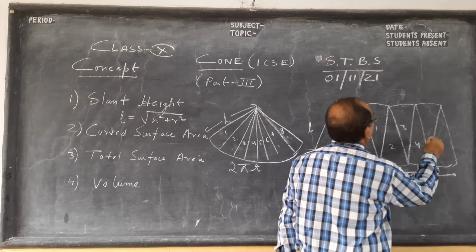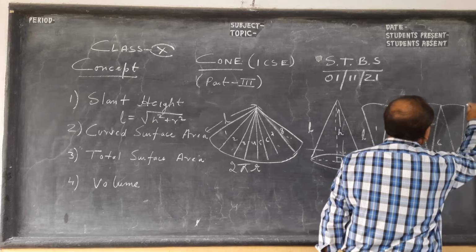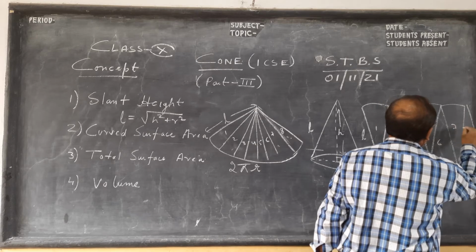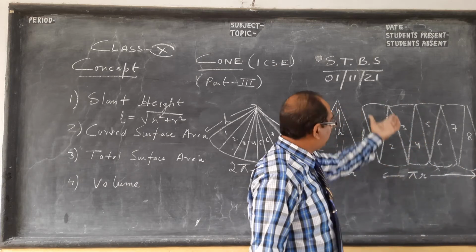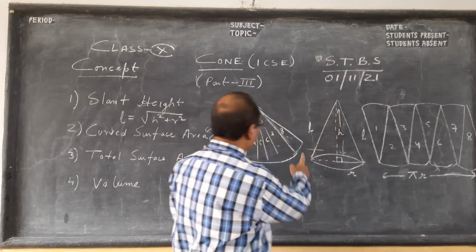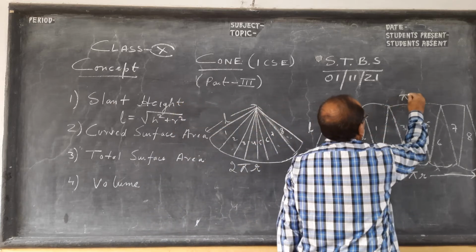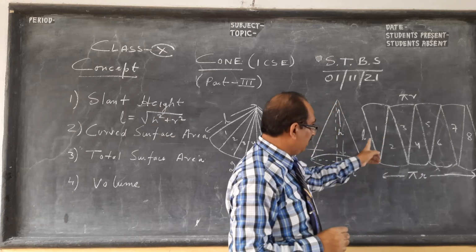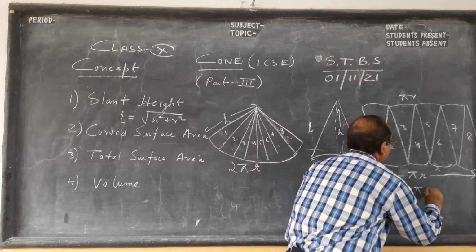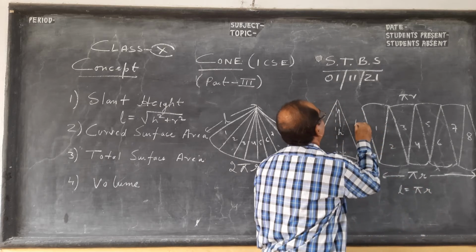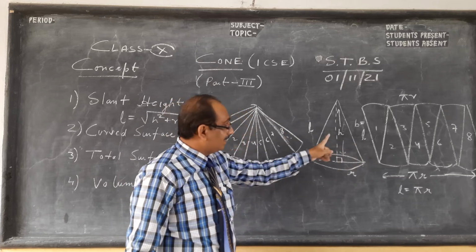You can see my area. Okay, 5, 6, 7 and 8. Okay. Now what you will see, children, is that the breadth of the rectangle, this 2 pi r, is the full circumference. So this side will be half, half of 2 pi r, which is pi r, and the length of the rectangle will be pi r, and the breadth of the rectangle will be L, which is the slant height, not the length. L is the slant height of the cone.